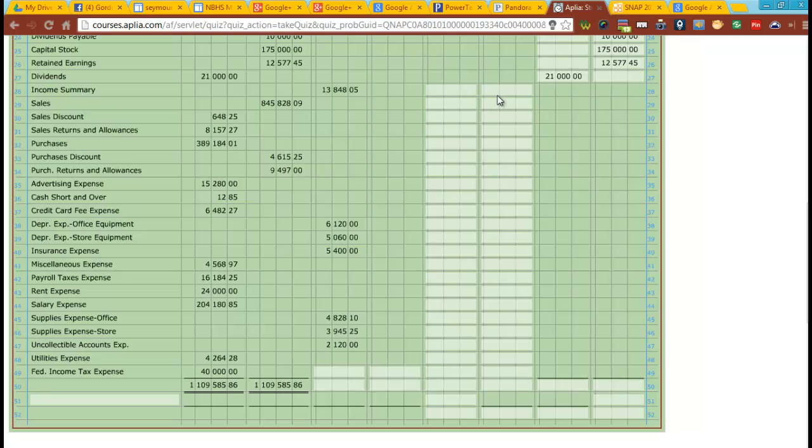Alright, we will do the same thing on our income statement. Please watch. What is going to get a little confusing when we look at income summary, when you scroll down, I'm going to see $13,848.05, and a lot of people are going to think this is a credit, but it is actually a debit. Why? Because it's an adjustment. It's in the adjustment column, so I got to do $13,848.05,